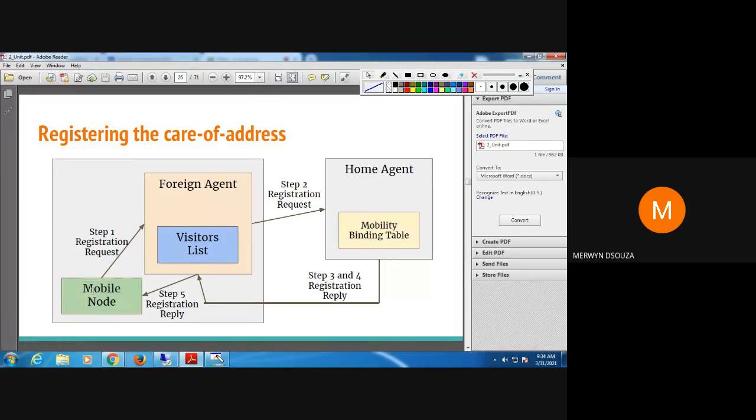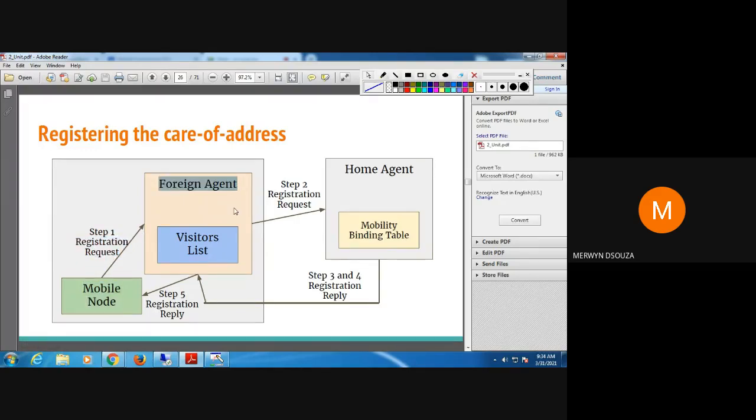Remember when the mobile node was in the home network, it was serviced by some home agent. So it will send the IP address of its own home agent, and its own IP address. So these two IP addresses are sent along with the registration request. So this is step 1. This registration request is sent to the foreign agent.